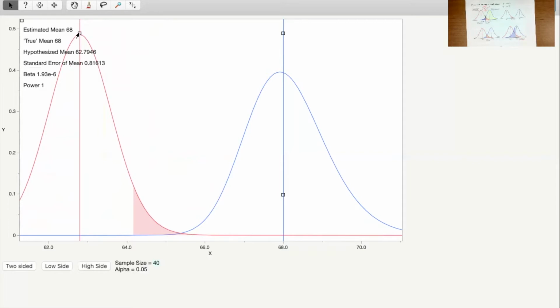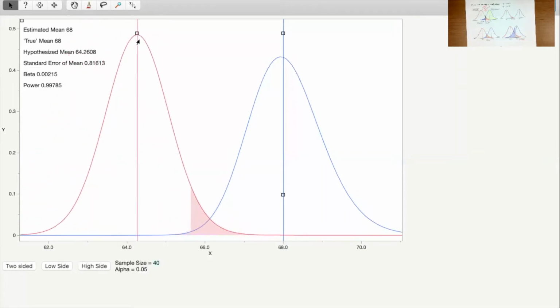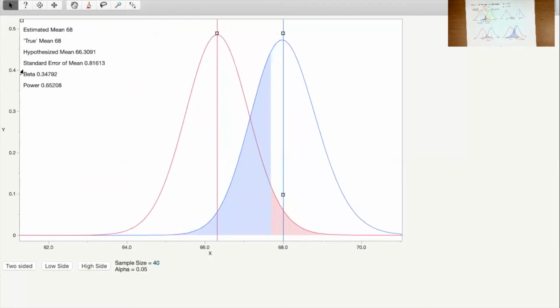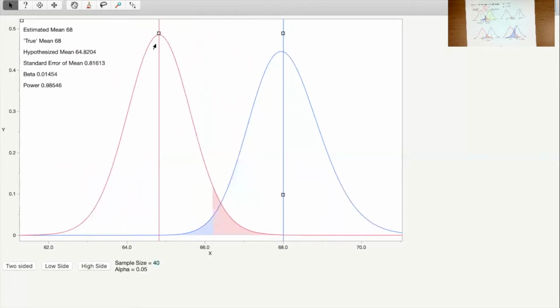However, if we took our distributions and put them really close to each other, notice how this beta is increasing. Again, that's the blue shaded area, and our power is decreasing. So it's going to be harder to detect a difference when our hypothesized mean and our true mean are close together. Now, if I was to bring this back a little bit more away,